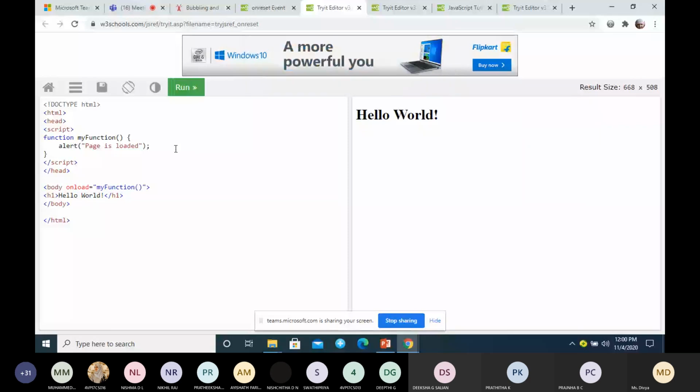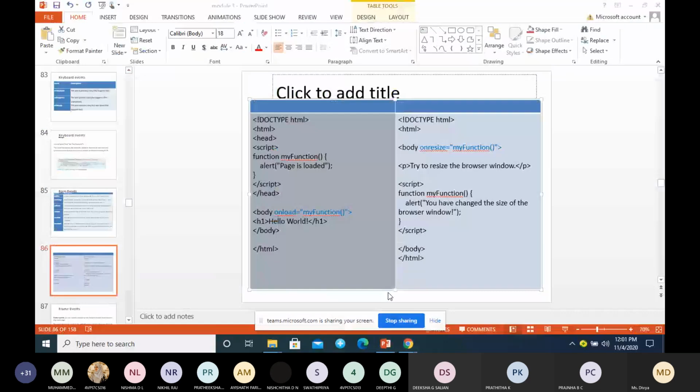So this is about on load, and this is for on resize.